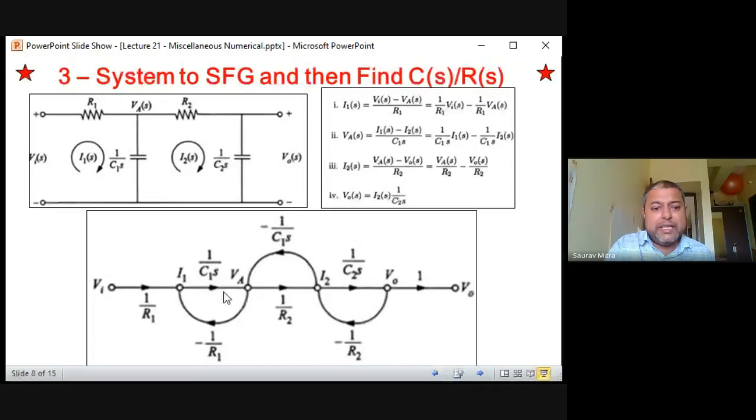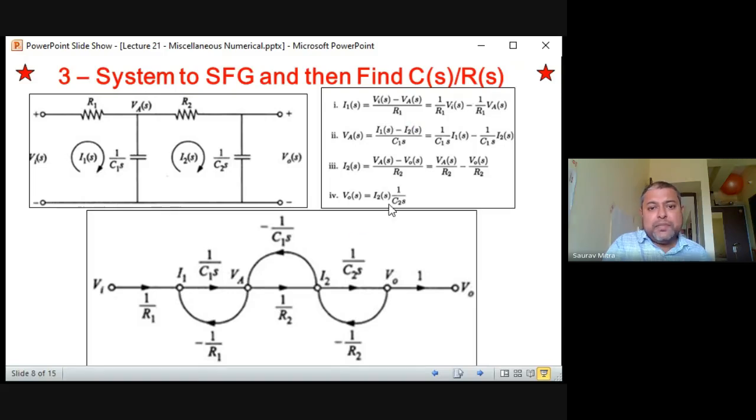Okay, so you take only the incoming things. Whatever is incoming, with that you produce the equation of that node. So now you are writing a voltage equation. V1 is equal to I1 by C1s, and another term is I2 by C1s with a negative sign, since you are naming this node I2. So this I2 by C1s negative comes here. So V1 is equal to I1 by C1s minus I2 by C1s. That is the second equation.